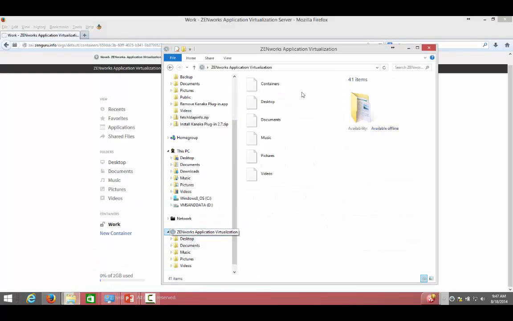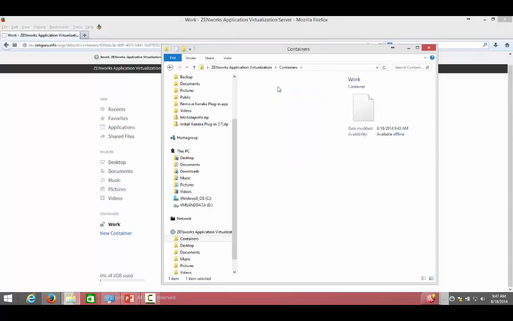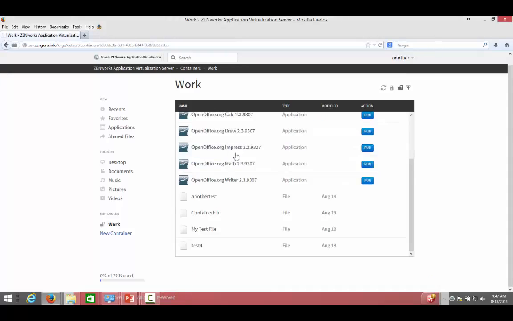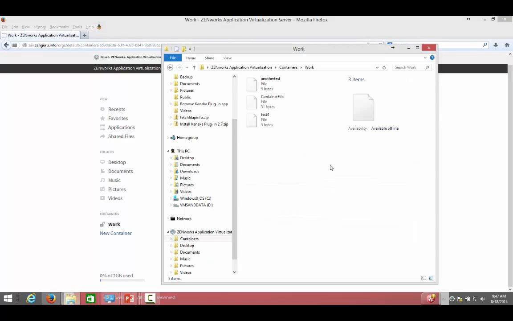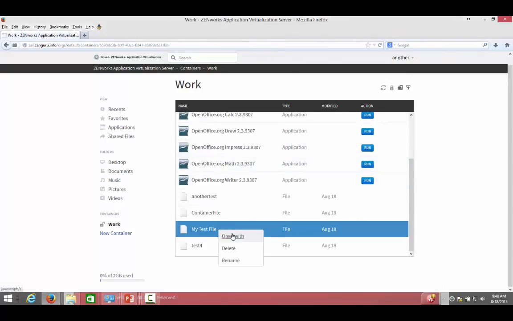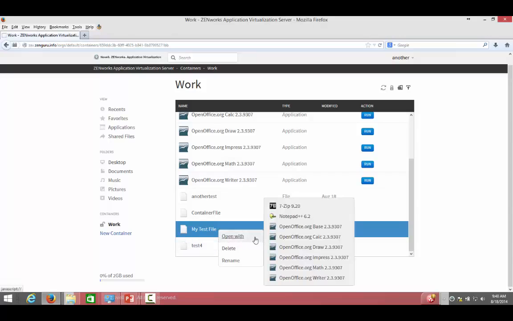And if he goes to the container in the Explorer shell, again it'll ask him to unlock the container. And what you just saw was it syncing the container, so here in just a minute you'll see that same file in here. Once that's done, same user can also say open with and open that same file in Notepad++